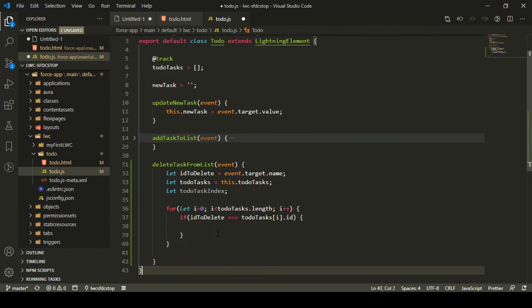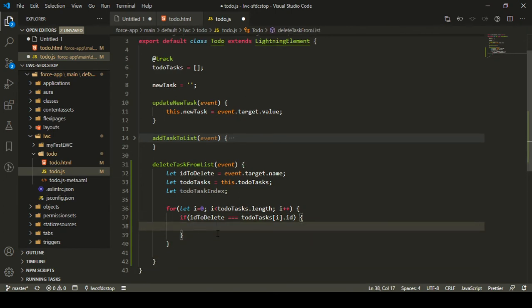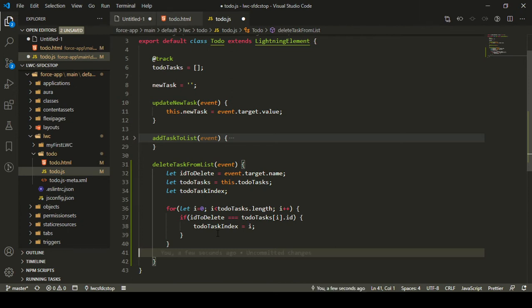Let's name it as this. So to do task index, and I can specify that to do task index is equal to I, right? So this index is actually the index of the array element. I mean the index of the array that I'm going to use, right? Okay, so let me just specify that index more clearly to you. Just give me a second, so that I can actually complete the part first.